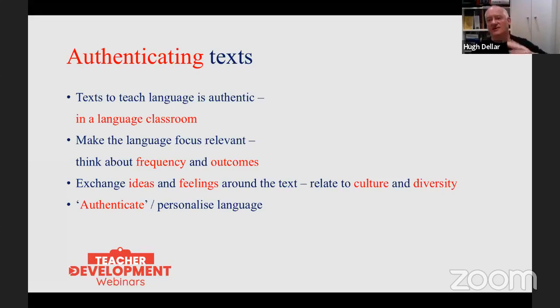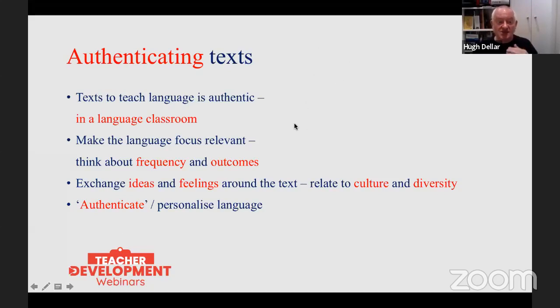It's more authentic than a TED Talk or an article from a British newspaper because it's authentically written for that group of learners. Even then, actually what needs to happen in the classroom is the text needs to be authenticated through the process of interaction between the students and the teacher and the text.